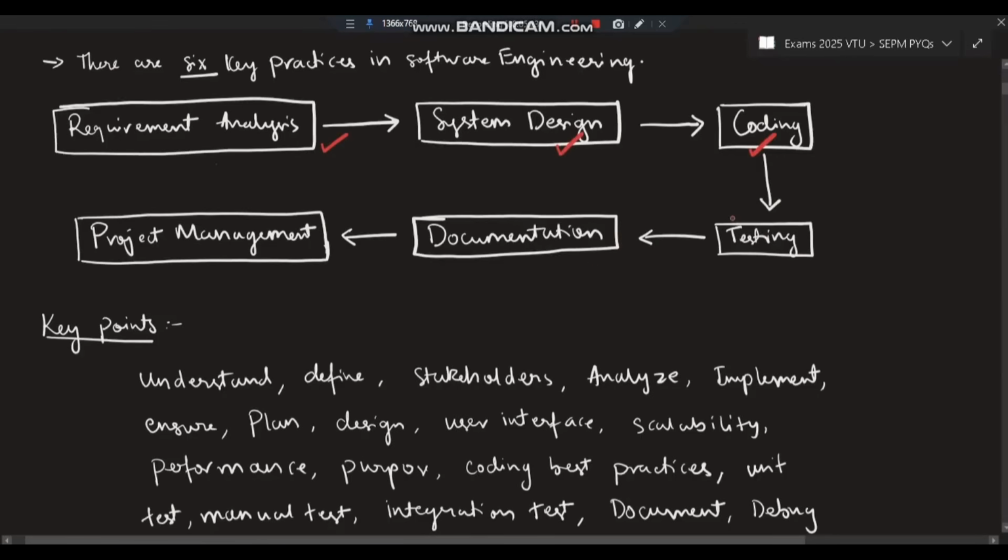Okay, just imagine yourself as a real world software developer. If you want to do the requirement analysis, what will you do? You'll search in Google and do all those things, right? Same thing, you just have to write in the theory and include these keywords so that you can expect maximum marks. Okay,